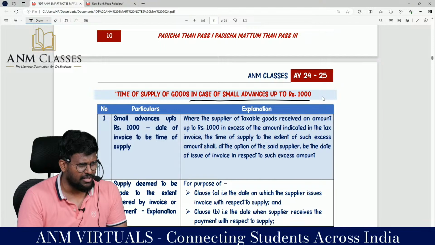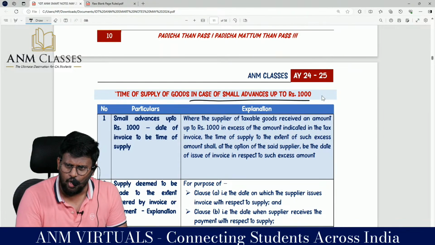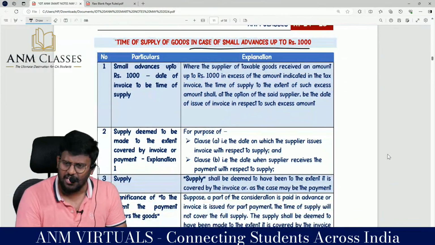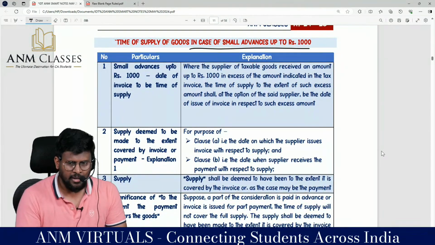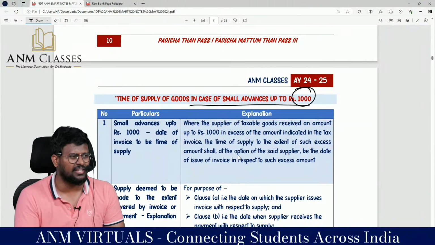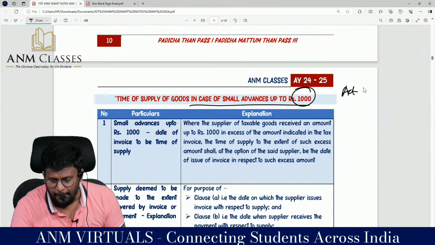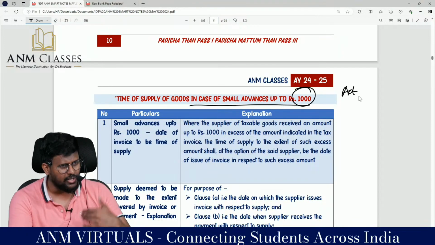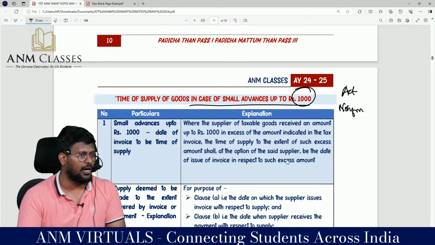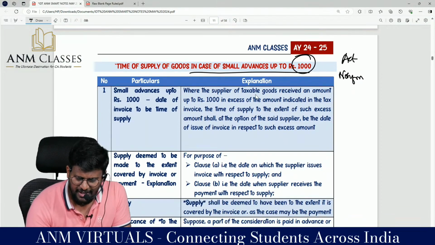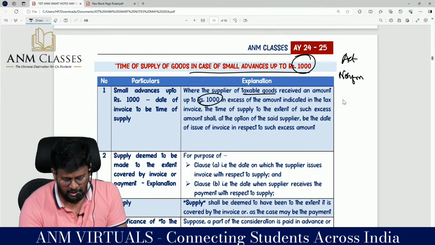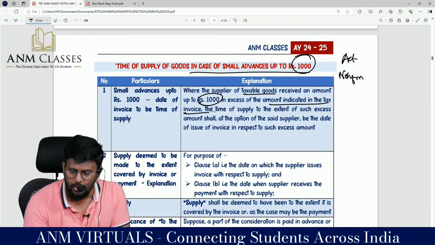After the notification came, the concept of small advance and big advance: the Act already had a provision about advances, about small advances, right? If the advance is up to 1000 rupees, the Act will be applicable. If the advance is more than 1000, the notification will be applicable. Hello sir. Yes, sir. So when the supplier of taxable goods receives an amount up to how much? 1000. In excess of the amount indicated in the invoice,